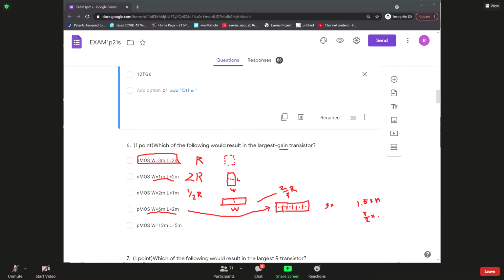A 6 by 2 transistor is equivalent to 3 by 1, because what matters is the proportion. The proportion is 3 by 1. And I want to ask, what is that equivalent to in terms of resistance